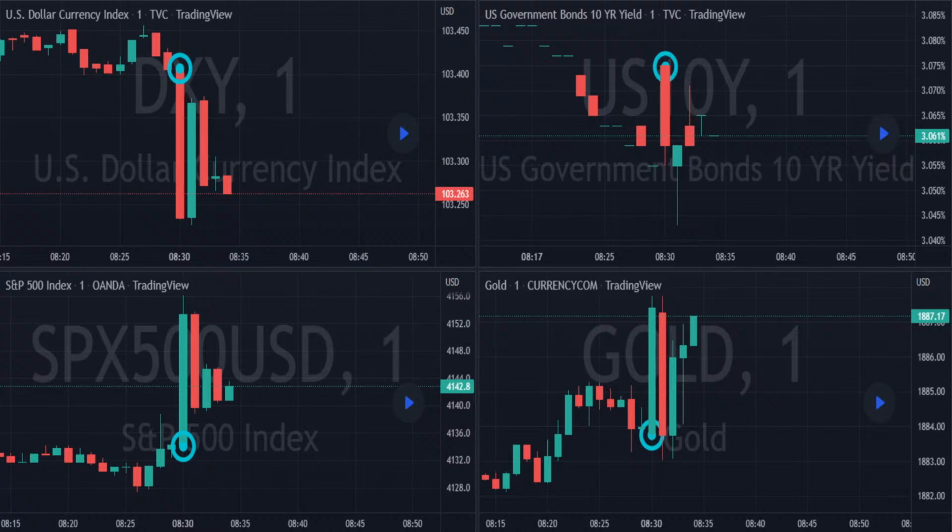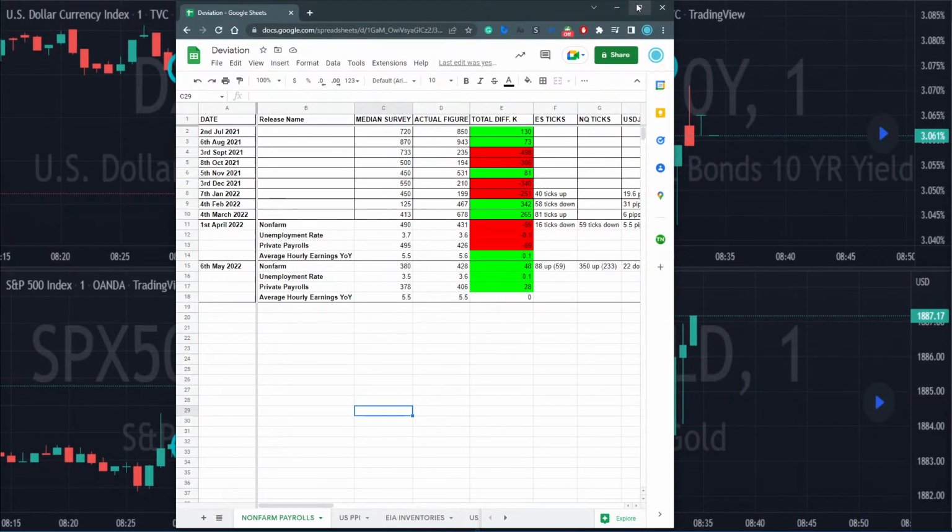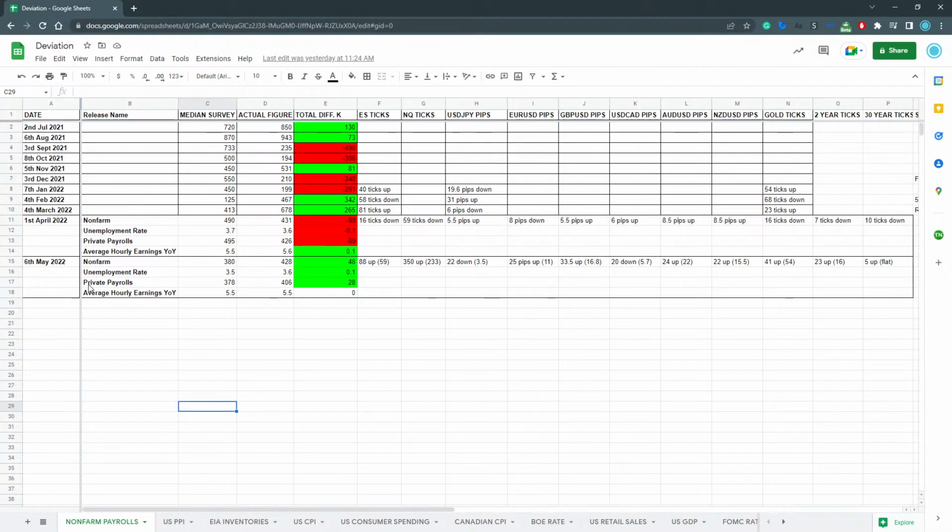The other reason, okay, if I bring up the deviations here for you, right? From the last release that we had with Nonfarm Payrolls, there's only a 48k deviation from the forecast figure to the actual figure. So in the past, what we've been looking for is around a 300k deviation, right? Enough for it to take precedence over some of the other releases, and then maybe enough for the dollar to see an actual appreciation rather than a tick down.